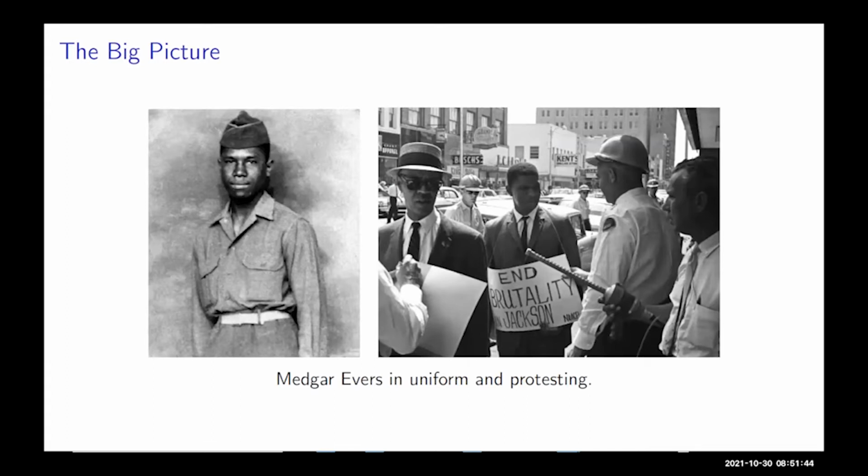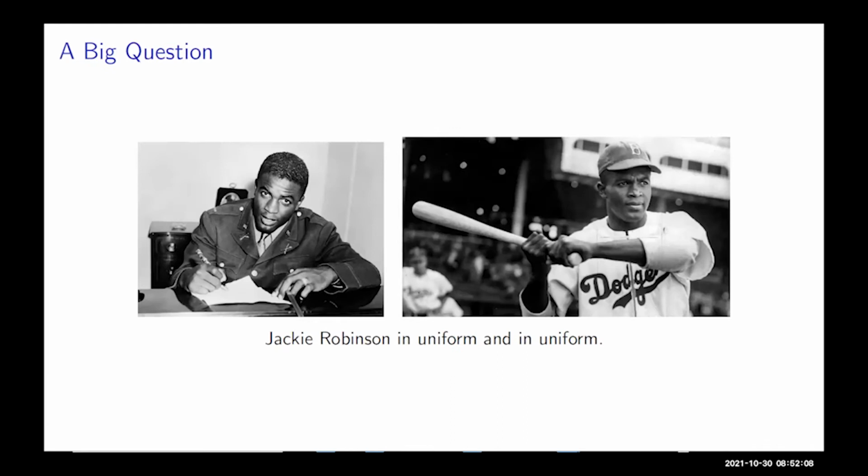So the big idea behind this paper, right, is that service in World War II produced a class of Black GIs who were then integral to the civil rights movement. Right, so one of the prime examples of this being Medgar Evers. So here you can see him in uniform in the military and then protesting, being a leader in the civil rights movement. But to sort of motivate some of my discussion here, I want to switch to a different example,